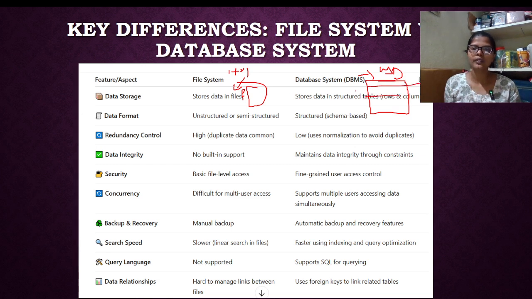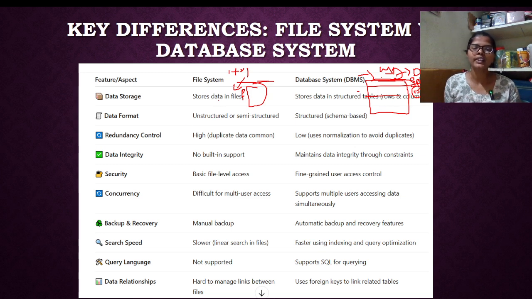There is a difference between file and DBMS in how the data is stored. When it comes to the file, you are storing the data in a text format. When it comes to the DBMS, you are storing the data in a tabular format. Where you store the data also differs: in your operating system's File Explorer, or in your database, either SQL or Oracle, to maintain this data.